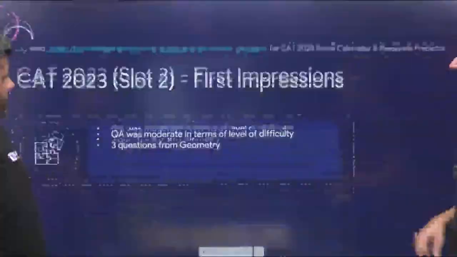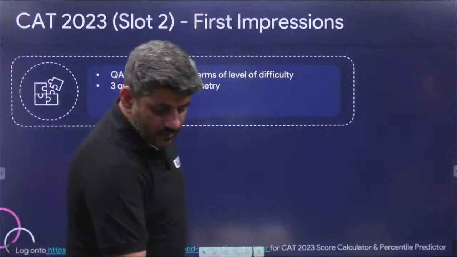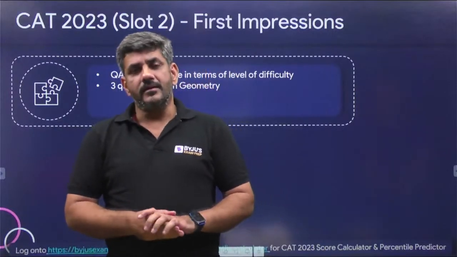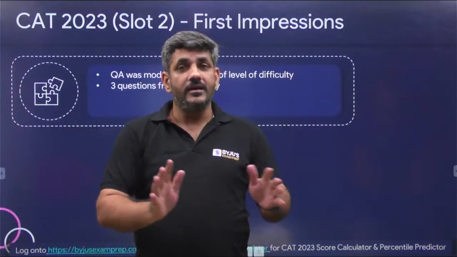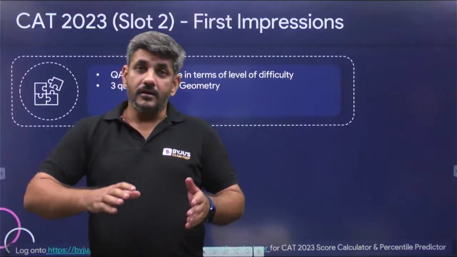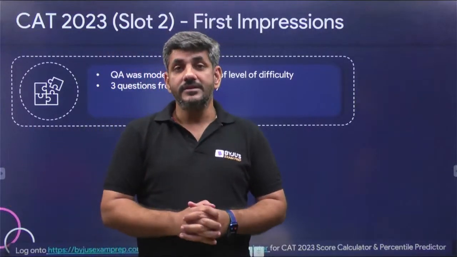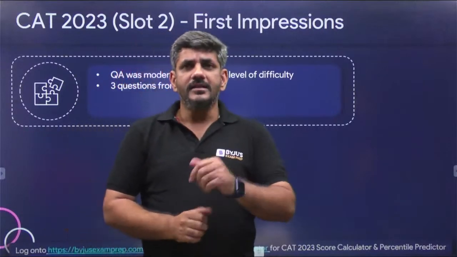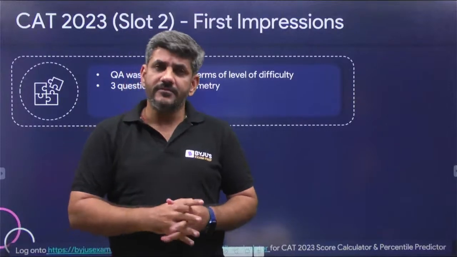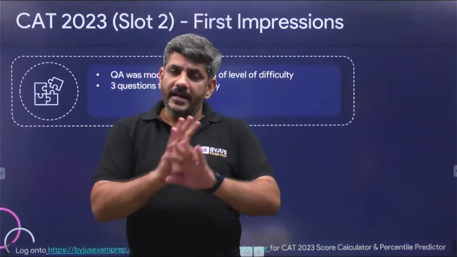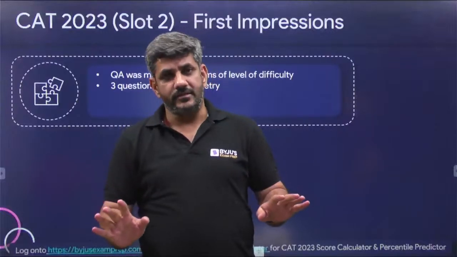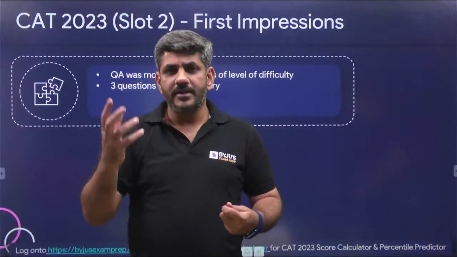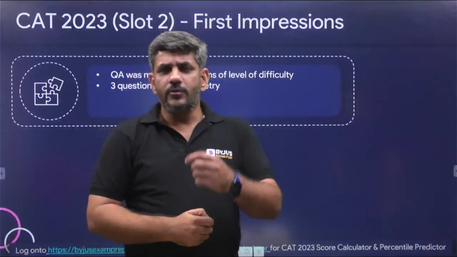The next thing we have is quantitative aptitude. In my opinion, this was the toughest section today. Generally, it's not the case; generally the DILR section is the toughest. But this year we found that quantitative ability was the toughest section, and there is a reason for that. The biggest reason is that I did not find any sitter question in the section. A sitter is a question based directly on a concept we have studied, which can be done straight away in 25 or 30 seconds.